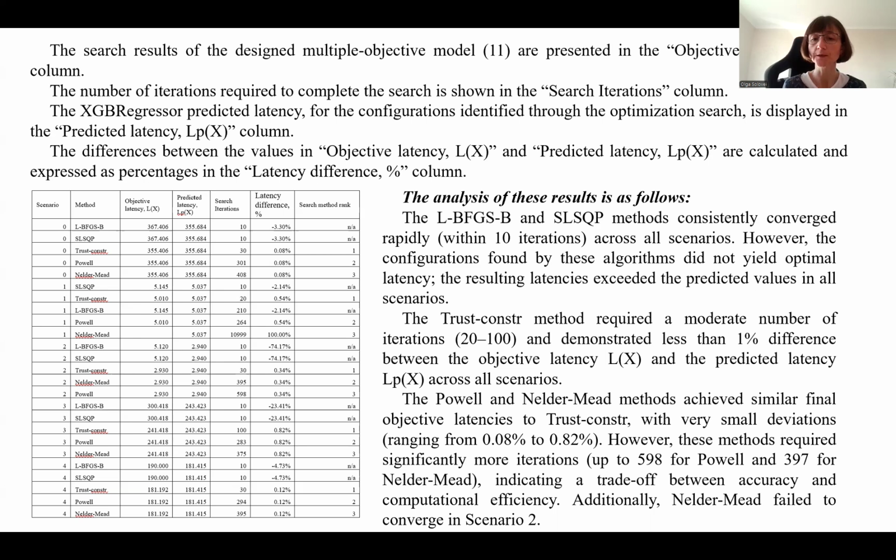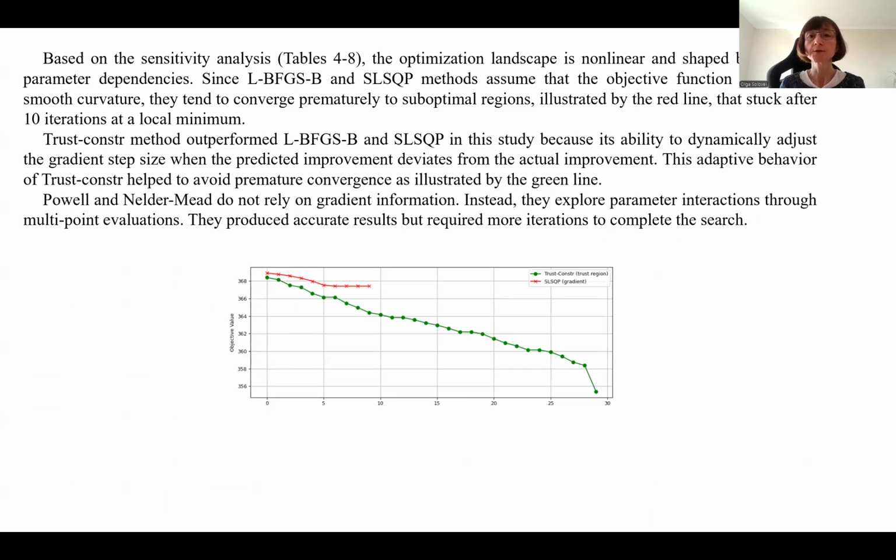However, those methods require significantly more iterations, up to 598 for Powell and 397 for Nelder-Mead, indicating that with these methods we do have a trade-off between accuracy and computation efficiency. We analyzed, as I mentioned, the reason why with the first two, the gradient-based methods, we didn't succeed, and our understanding is the following, that